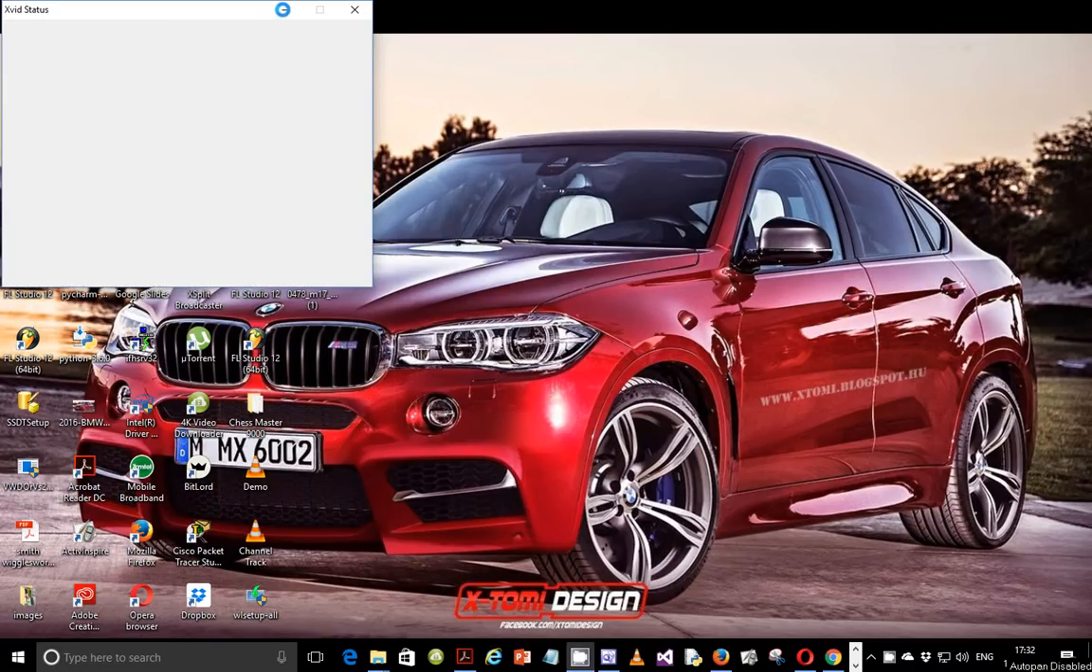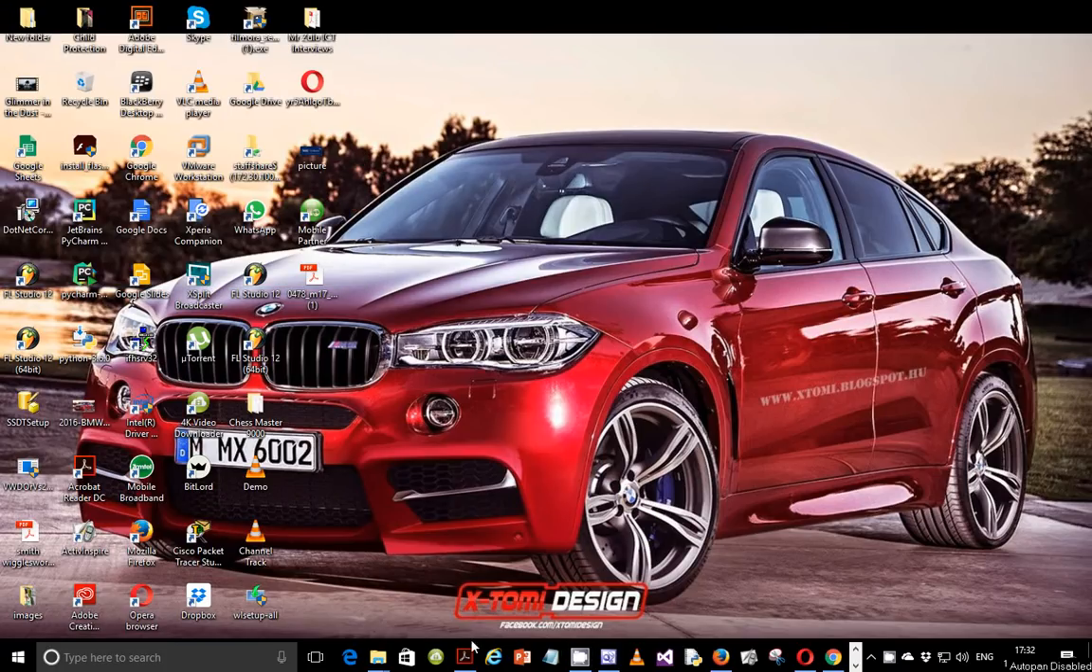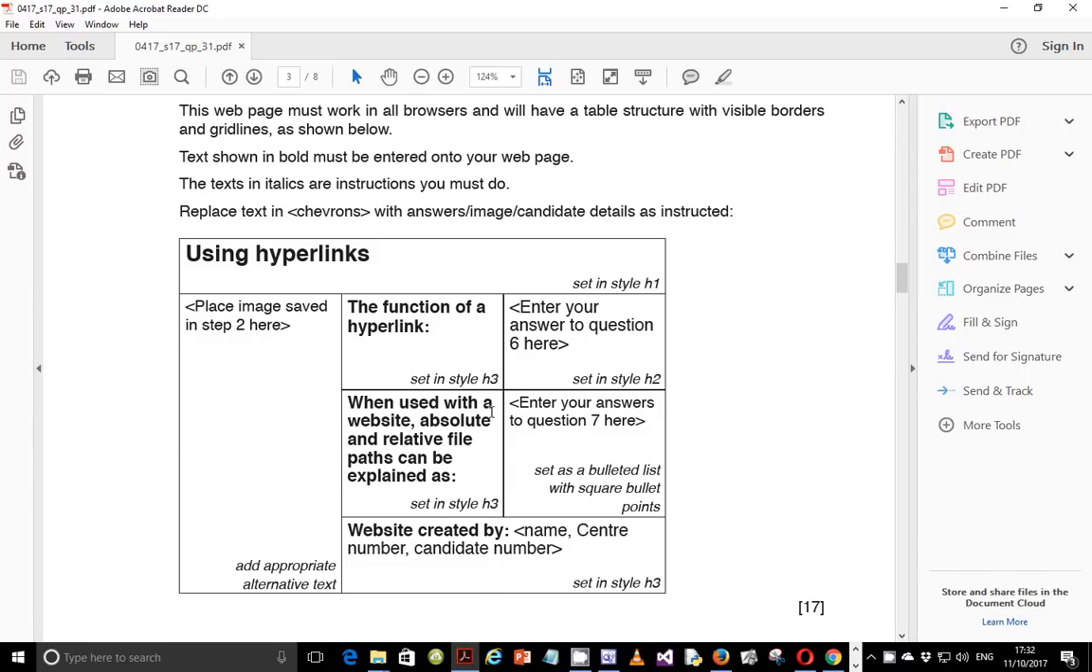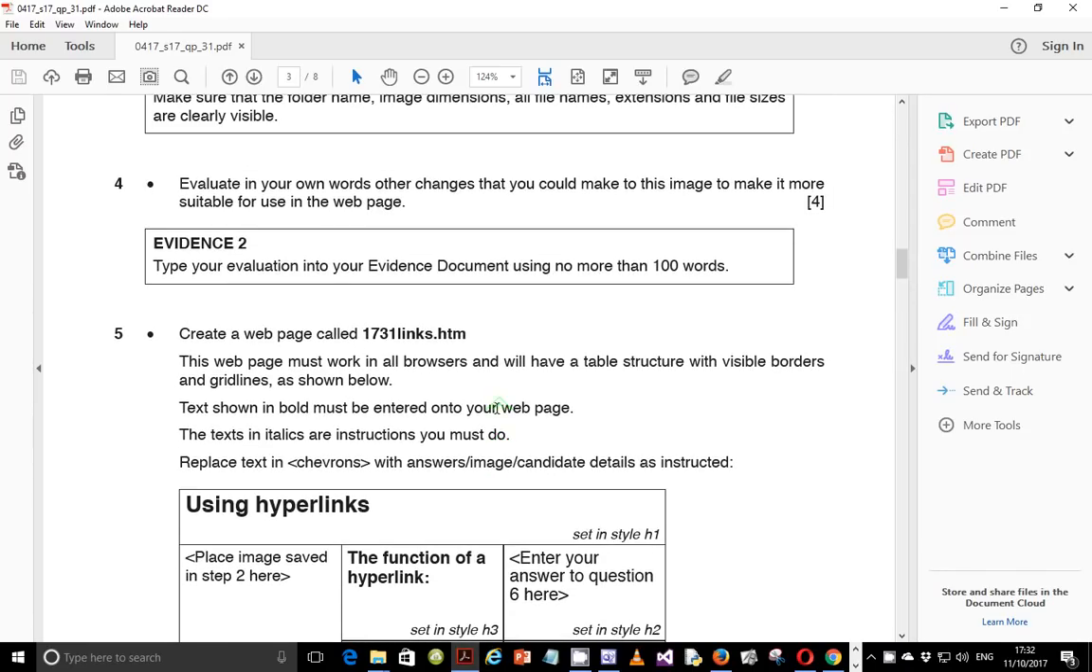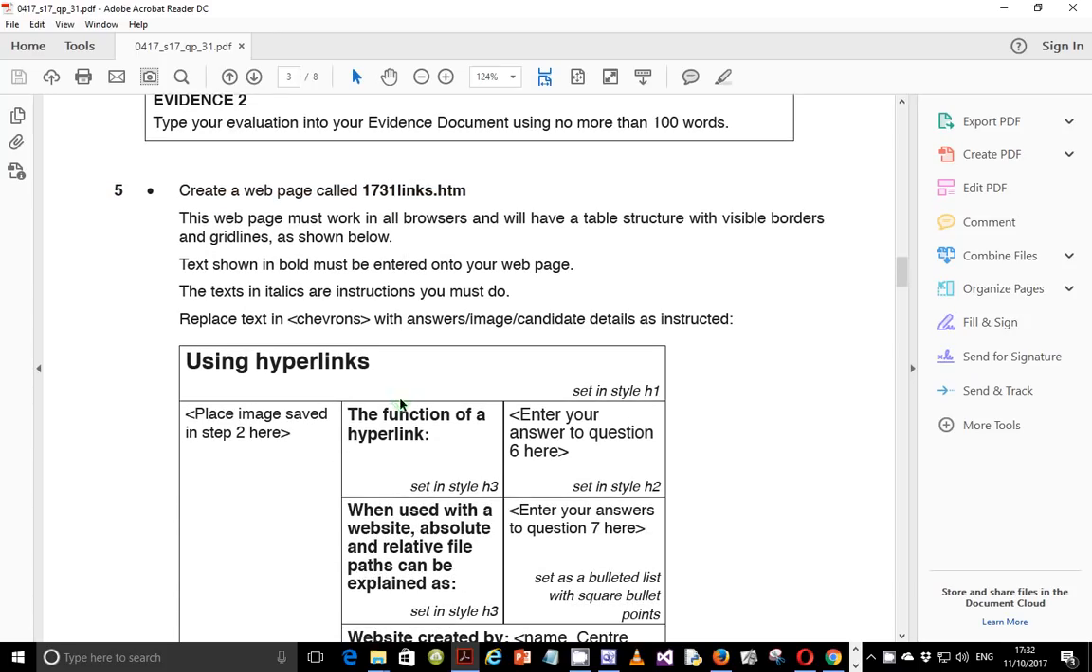In this tutorial I'm going to continue looking at the 2017 May-June IGCSE ICT paper 3-1. In the last video we ended on step number 4 and in this video we continue with step number 5. Step number 5 says create a web page called 1731links.htm. This web page must work in all browsers and will have a suitable structure with visible borders and grid